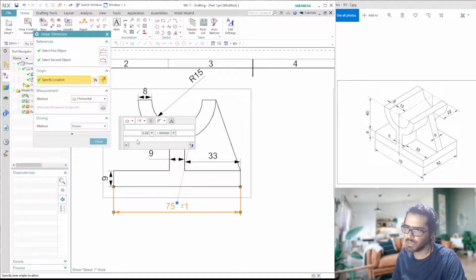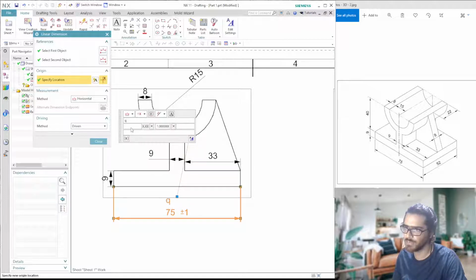You can also see there are some other boxes here. This is basically used when you want to put some additional comments or some specific letters before, after, or on top or below this particular dimension. Let's see how this works. If I put something on here, we are basically adding something on top.